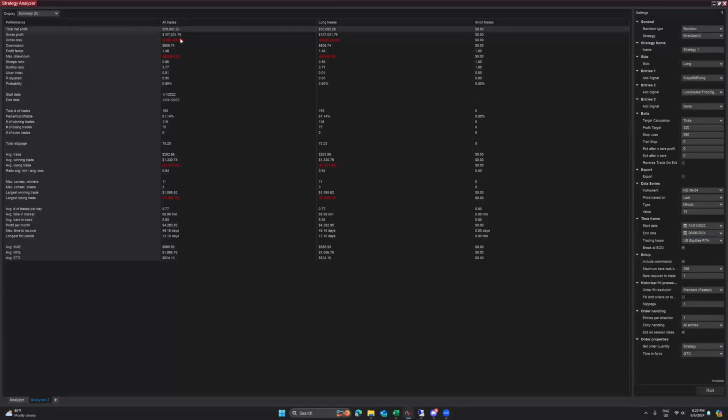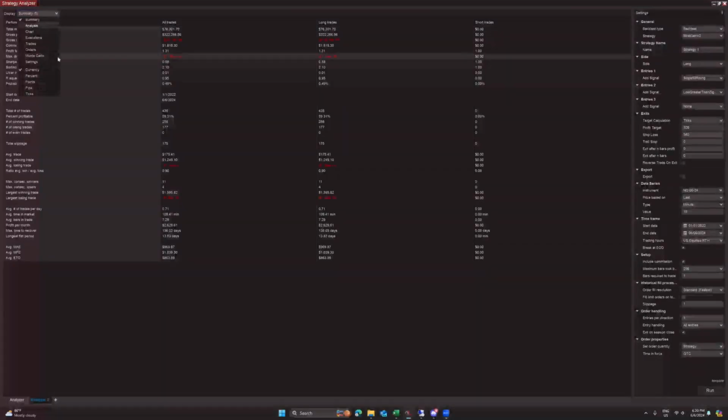And I'm looking for this net profit, this 50,000, to be higher. Okay, so I want it to be higher. I'm going to hit run. Okay, it went to 76,000 and 11,000 max drawdown. So if we look at that equity curve,